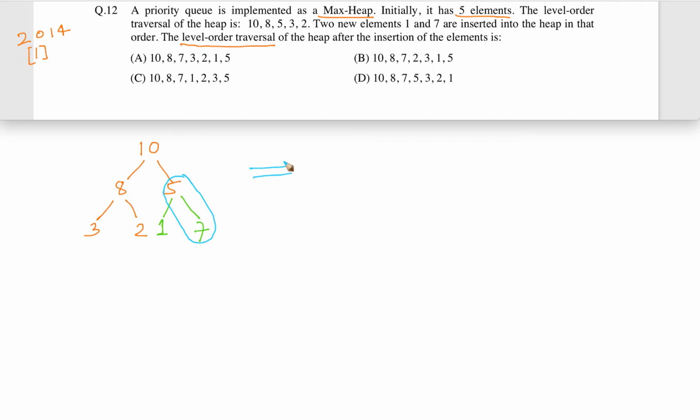So initially 10, 8, 3, 2 will be as they are. 1 is still here, but we are going to change 5 and 7. In order to satisfy the max heap property, we are going to keep 7 here and 5 here. So basically we are swapping 7 and 5.